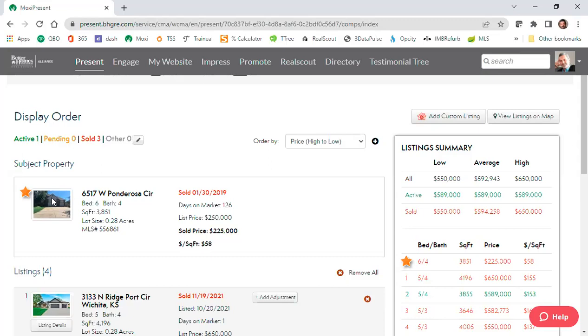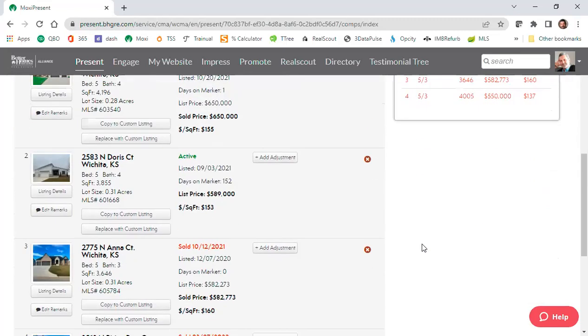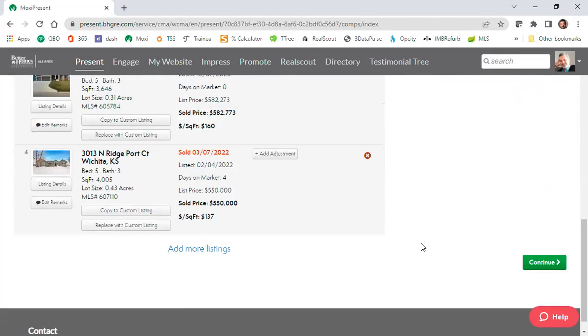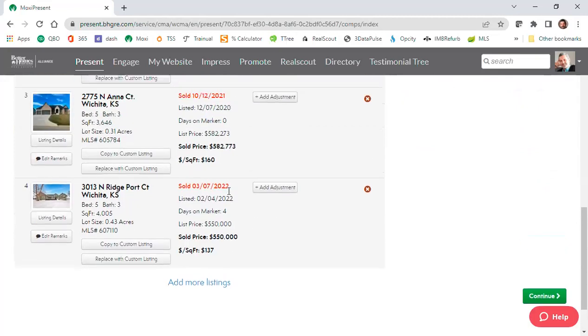It could have been painted. It could have solid surface in it. The carpet could be wrecked now. You don't know these things, but you don't know those when doing a regular CMA anyway. So this is just kind of giving me the, let's go from here. It figures $1 per square foot for me. I like those. If I want to add adjustments in here, if I say for sure, well, I know this